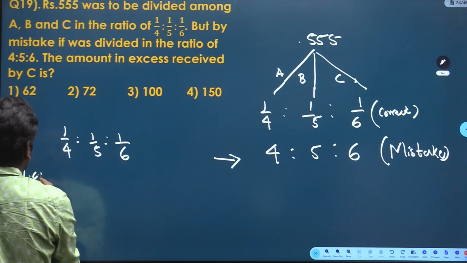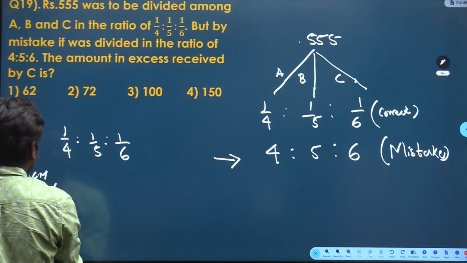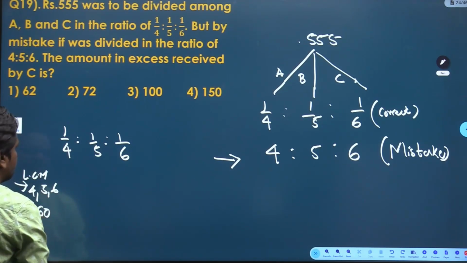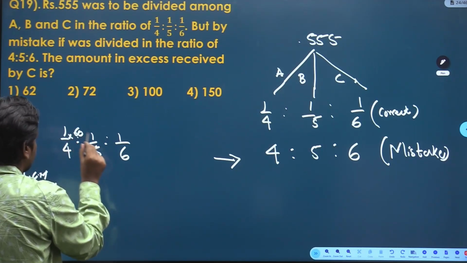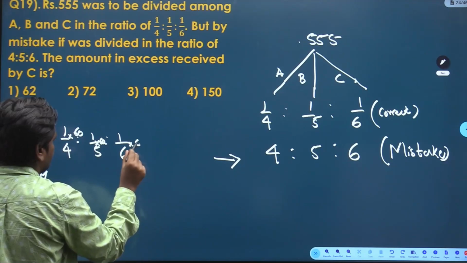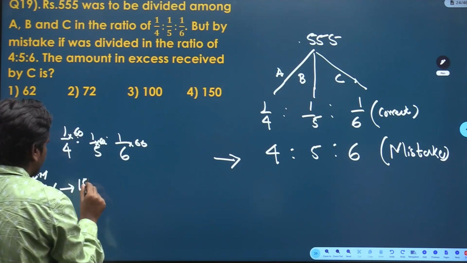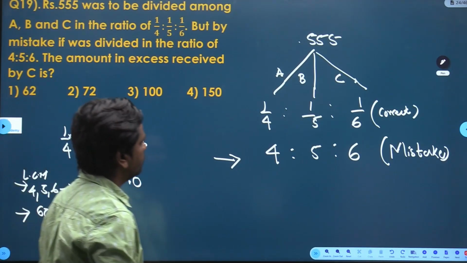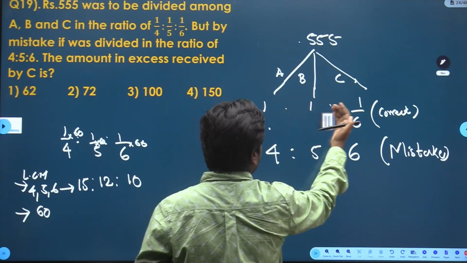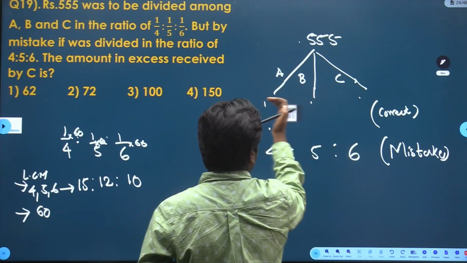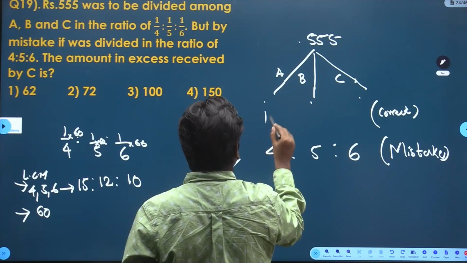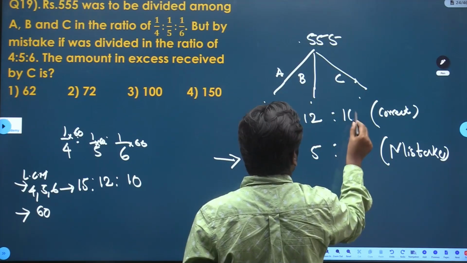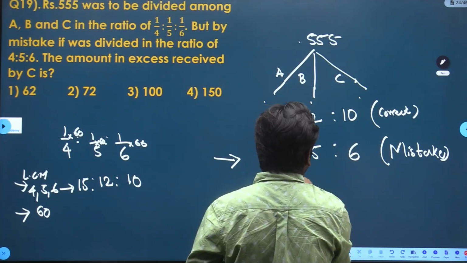So the LCM of 4, 5 and 6, how much do we get? You multiply this by 60. So what will you get? 15:12:10. So can I write here, after simplification, 15:12:10. So this is the correct one, but by mistake